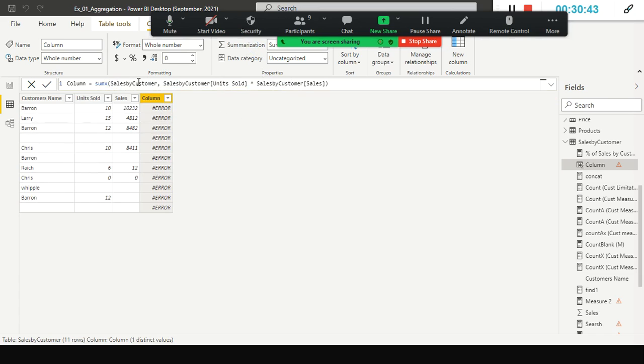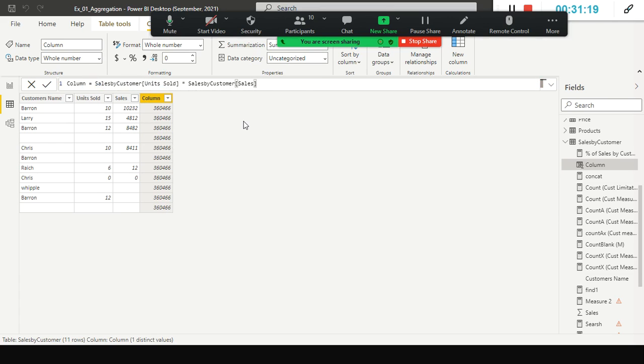What happens is, it iterates this table because you have given this one. It iterates this table by computing all the things, and finally it applies the sum, and that sum value is copied to each and every row of this table, in this column. So here you are not supposed to use SUMX because in the case of a calculated column, you don't need to use a table here. So in that case, it is pretty clear, you don't have to use it. Simply you can use this one directly.